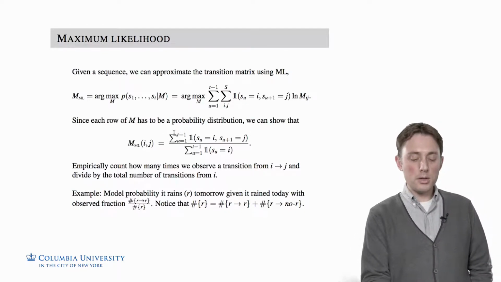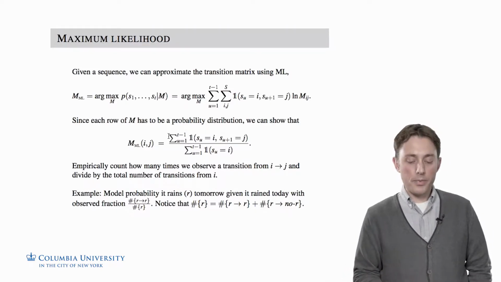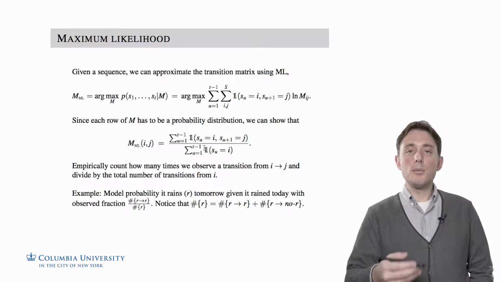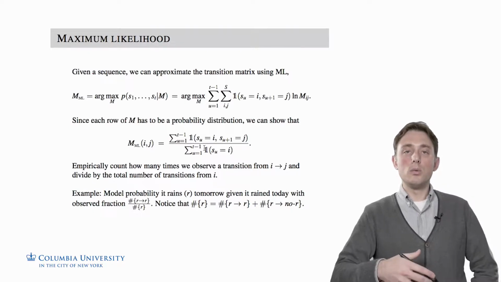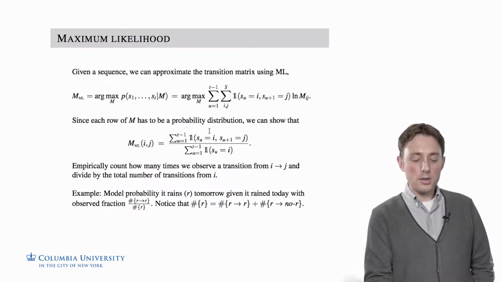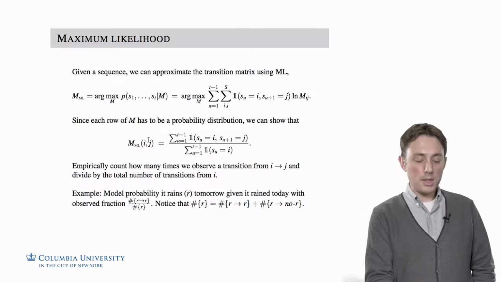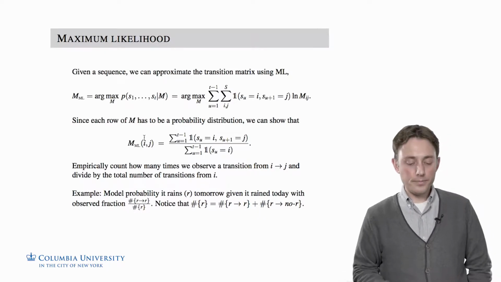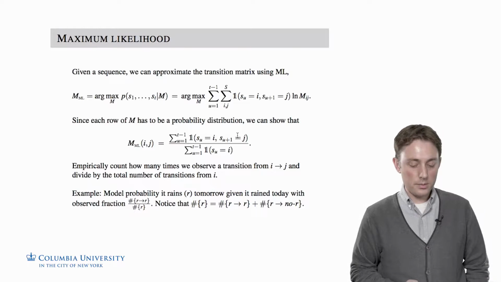And so this numerator is summing the total number of times we actually make the transition from state i to state j. And then the denominator is summing the total number of times that we are actually in state i to begin with, which would then give us the total number of times we transition from state i to any other state. So this is counting the number of events of going from i to j, and then this is normalizing so that when we sum this term over j, we sum to 1. So it makes a lot of sense. It's very intuitive, the maximum likelihood solution for the Markov transition matrix.